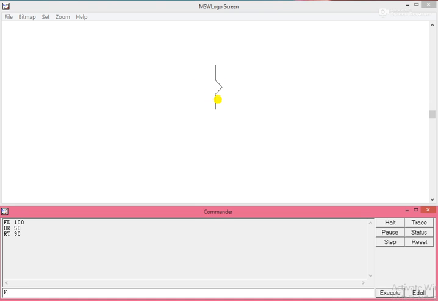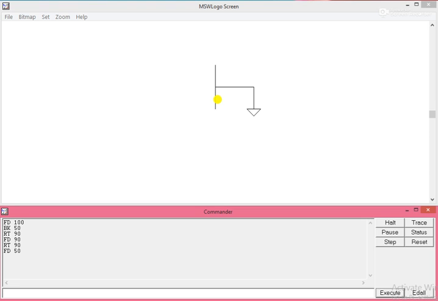Now again I will give FD space 100, or you can give any number, like 90, then press Enter. Again you can give RT 90, FD 50. In this way you can use FD, BK, RT.